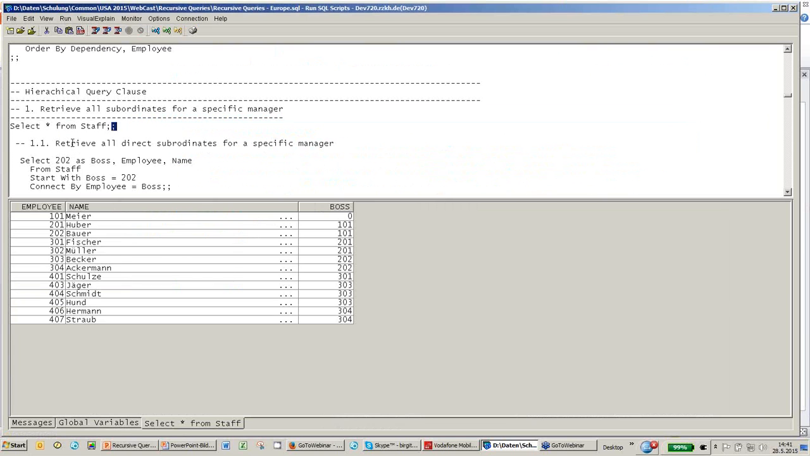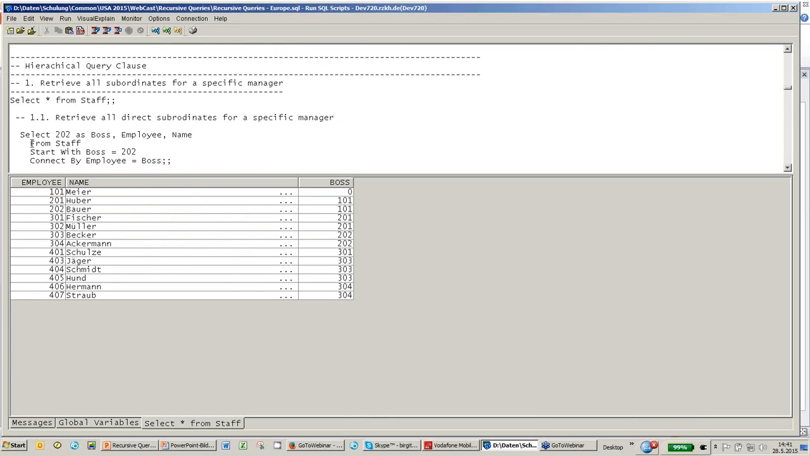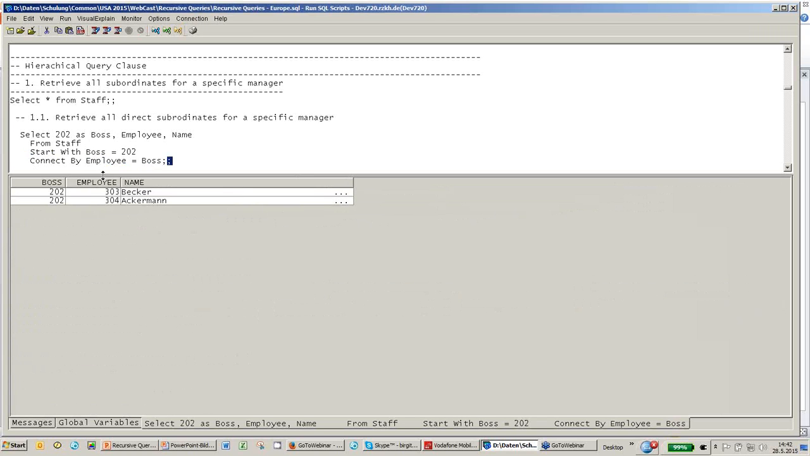As I said, here again is my staff table, and here we select from our staff, and I hard-coded it in this way. It's not mandatory. So, okay, we start with the 202. Then we have the employee number and the name. Then we have the column. We say start with boss 202, which is our Mr. Bauer. And then I say, okay, connect by employee number and boss equals boss, and it does not work because